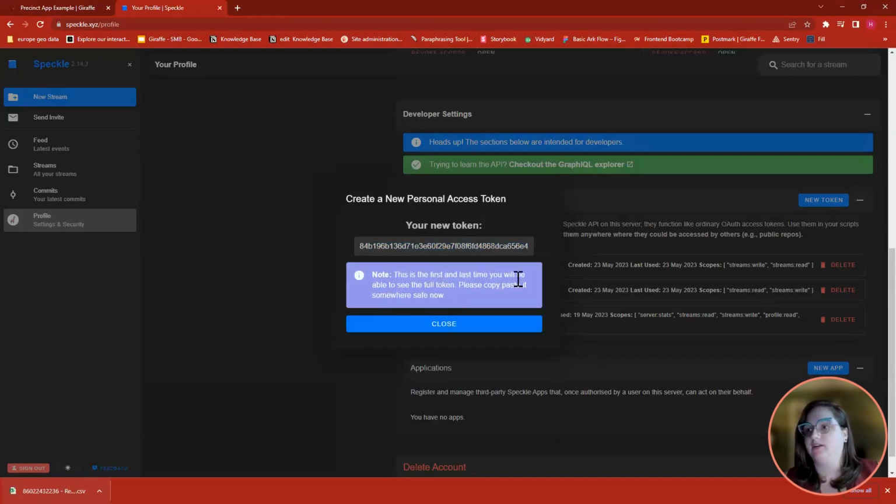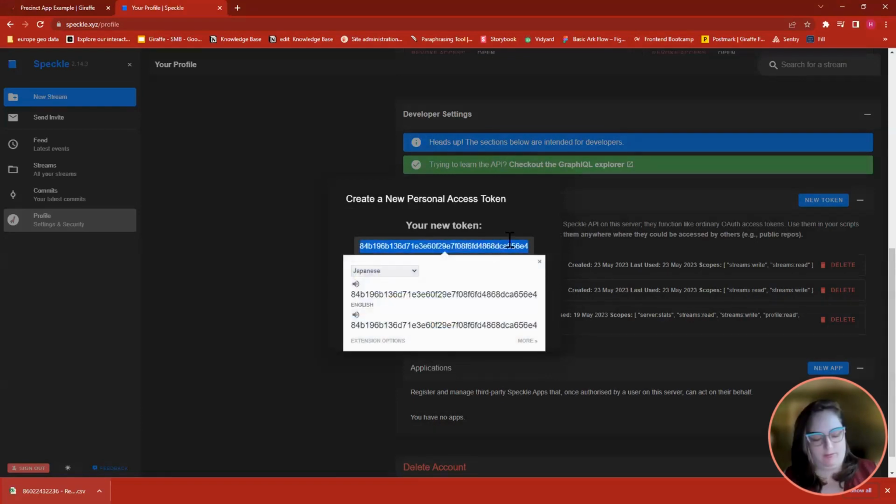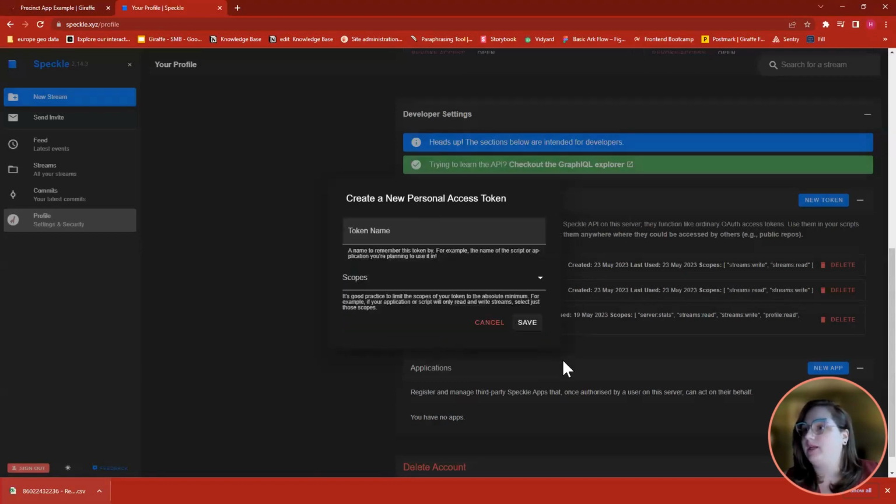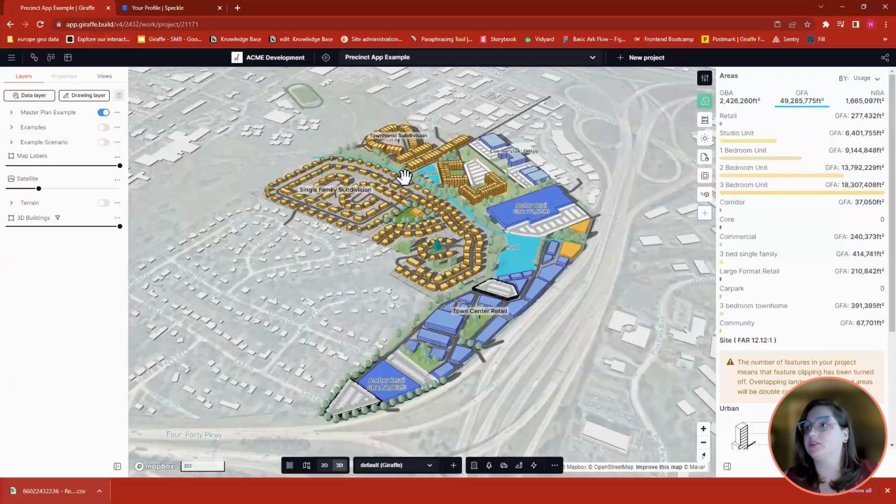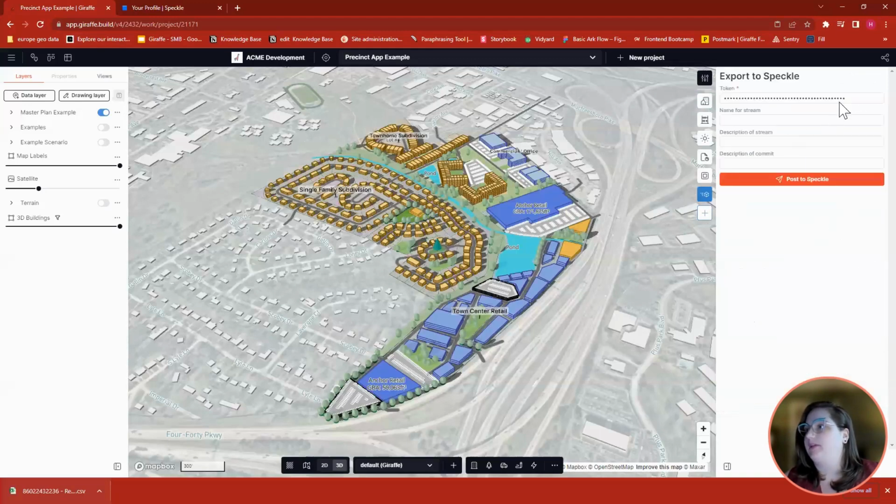You'll see here that you need to save that token elsewhere outside of your account if you want to use it again. For the purpose today, I'm just going to copy it. And then I'll jump back into my Giraffe project and just open up our Speckle app here. And all I have to do now is paste this token in here, give my information a name, and then